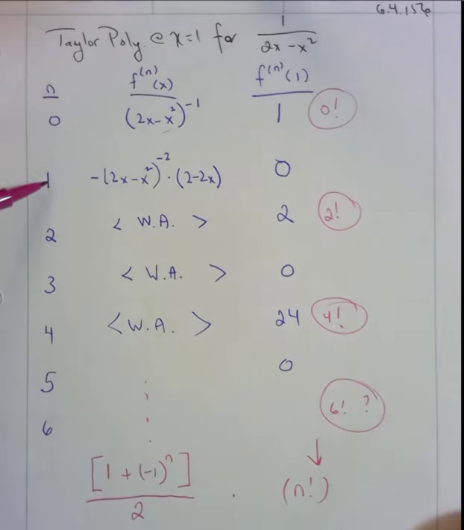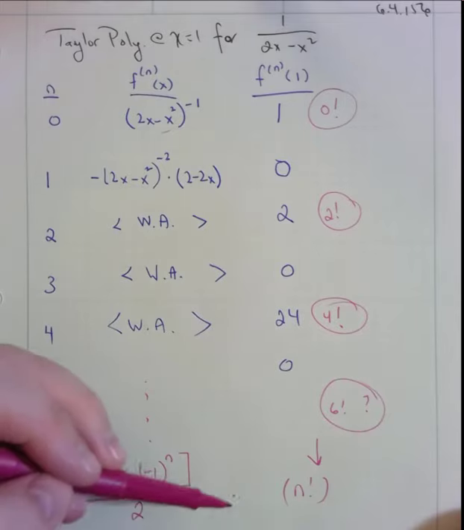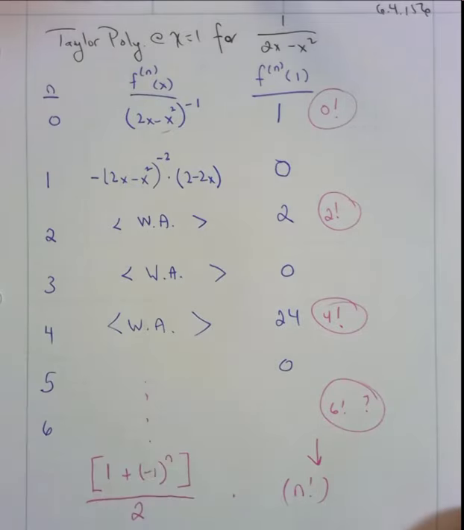When n is 1, we'll get 0. When n is 2, we'll get 1 times 2 factorial. When n is 3, we'll get 0. When n is 4, we'll get 1 times 4 factorial. When n is 5, we'll get 0. When n is 6, we'll get 1 times 6 factorial. So boom, there's our coefficient, and I've used up the whole page, so